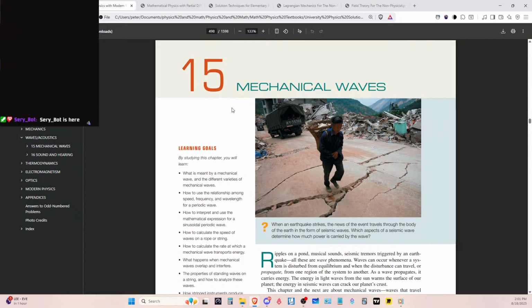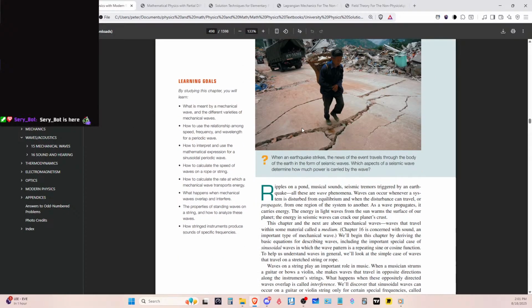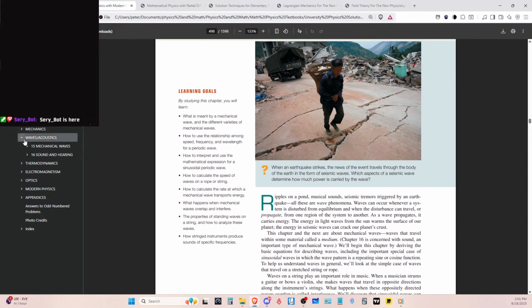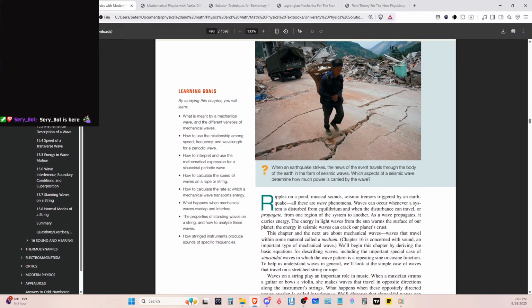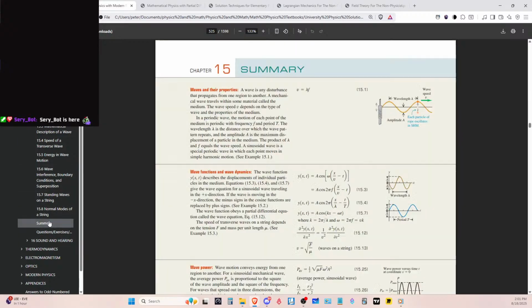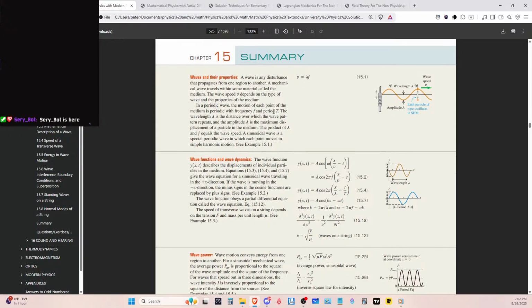Now, of course, like most students, we would probably start from the beginning, but we're going to be a little bit smarter about how we look at this. First, we're going to look at the summary, because with textbooks, the only way to study effectively is to start with the summary first, because that's usually where the important bits are, and you use that as a guide to maneuver against the details. So what we got here for the summary,